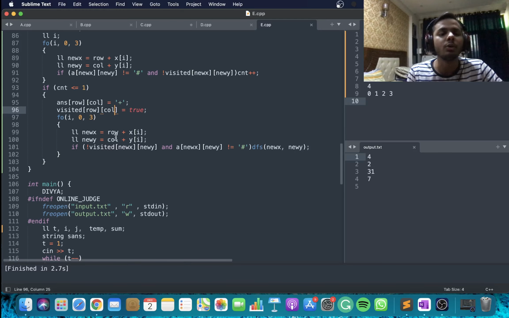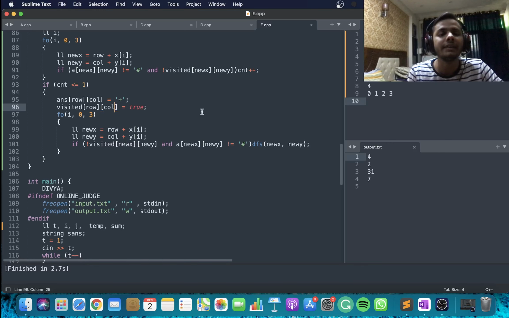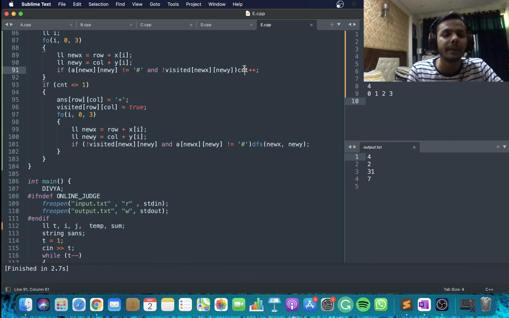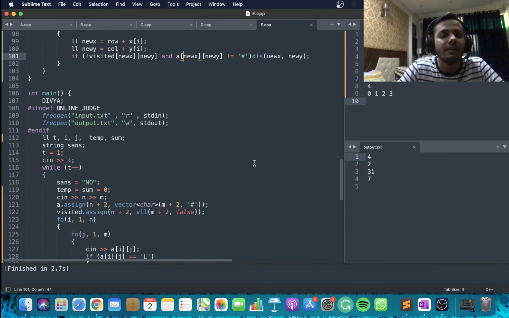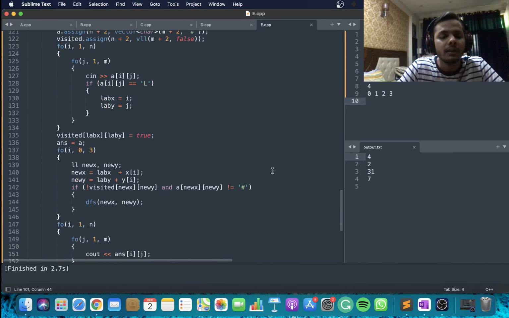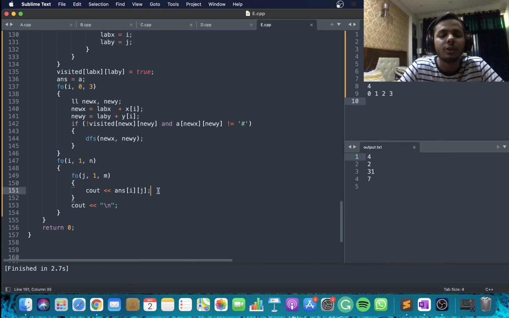And then I try to go to all the 4 adjacent cells and I try to find that one cell where I incremented my count, if at all I did. And if that cell is found, I do a DFS from that cell to determine whether that particular cell is winning or not. And I can just keep doing this, and then I will surely get my answer. So finally, I'll just output all the answer values as required in the problem.